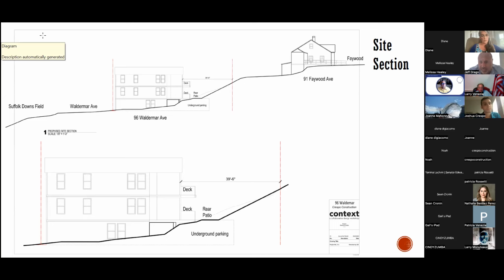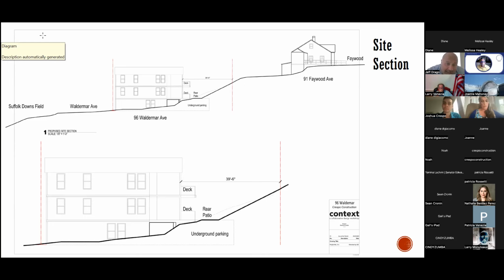And I handle projects from West Roxbury to East Boston. I can also tell you we do meet the rear setback. So what's required, if somebody else even put a one-family here, is 35 feet; we're at almost 40. So we're over that. If you went by the height requirement, 35 feet is allowable under the code. So we are trying to meet the code, 1-for-1 parking at this ratio. So yes, the parking will be underground, which is a good thing because A, it's not visible to the abutters in the back, B, it maintains the rear setback, and C, it does provide 1-for-1 parking at a time when